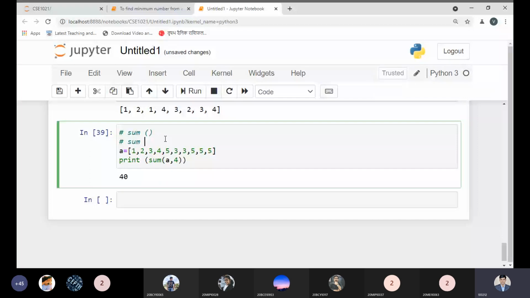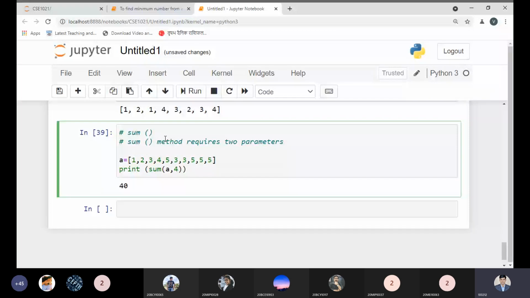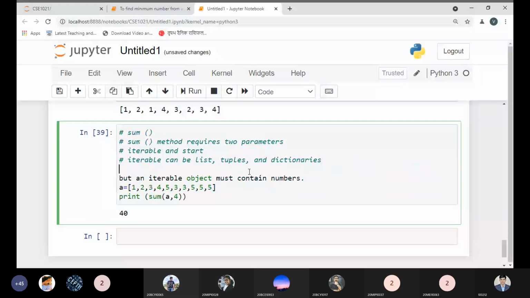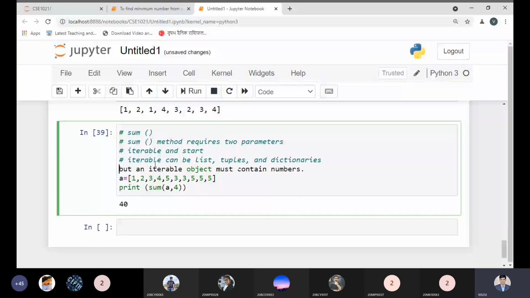The sum method requires 2 parameters. One is the iterable and the other one is the start. So if I'm going to start by 4, what is happening here?